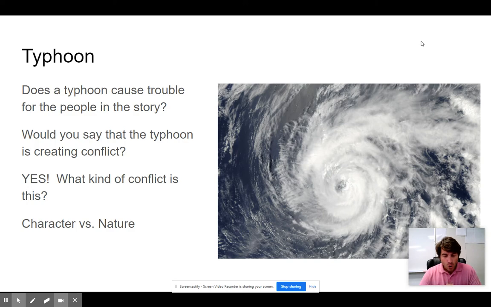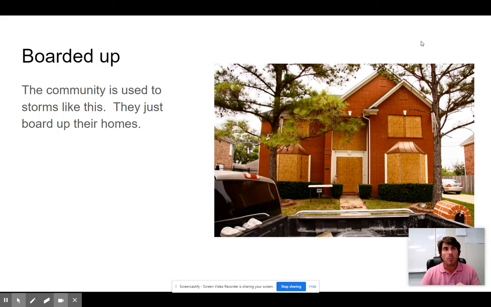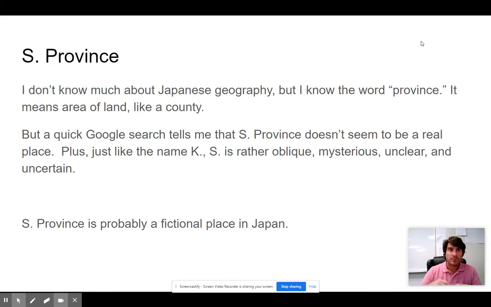So page 3, it says, "One year in September, a huge typhoon hit our area. The radio said it was going to be the worst in 10 years. The schools were closed and all the shops in town lowered their shutters in preparation for the storm. And starting early in the morning, my father and brother went around the house nailing shut all the storm doors." So they boarded up, and the whole community would look like this.